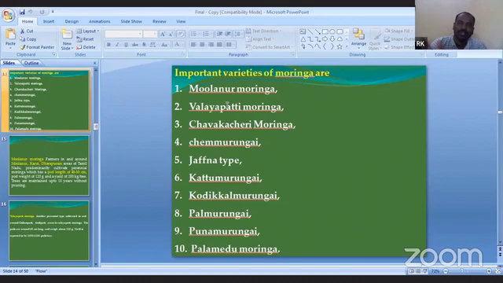This is Molanur Moringa. Molanur is a place name, that is the source name, so it is called Molanur Moringa. Valayapatti Moringa, Chari Moringa. These are perennial types. If the perennial type is cultivated in Coimbatore, it is called Coimbatore Moringa. Why? Because of a scientific term and technology, there is a variation. What is the variation? In Coimbatore Moringa, the fruit weight per tree, how many fruits,